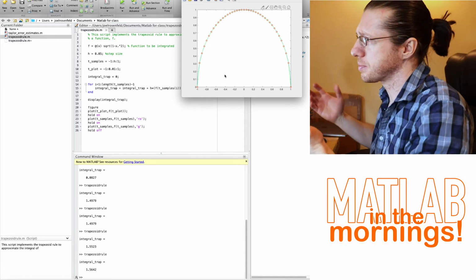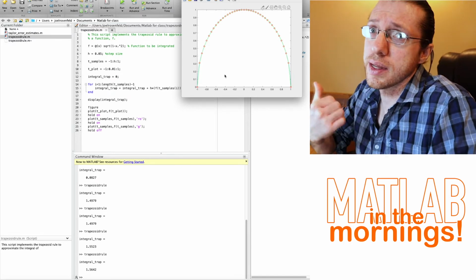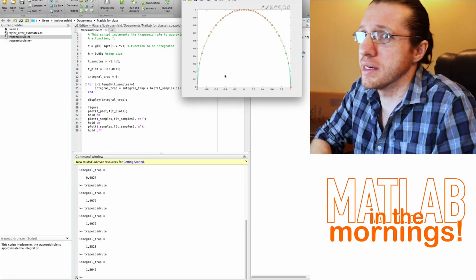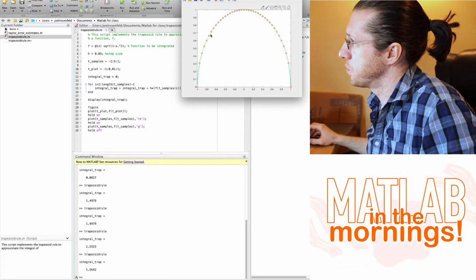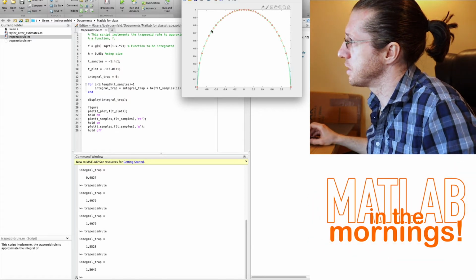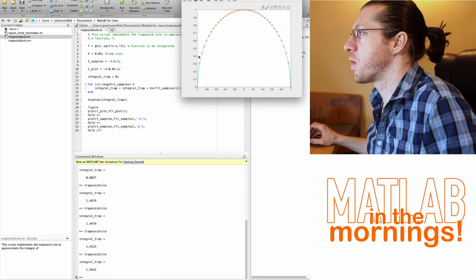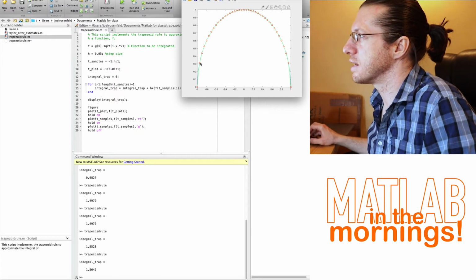And so it turns out that the function that we're trying to integrate isn't actually differentiable on either endpoint. It's differentiable on the inside, so if we restrict ourselves to integrating only this region, we'd get pretty close pretty quick. But the reason why we're having trouble, even with so many sample sizes, of getting this integral